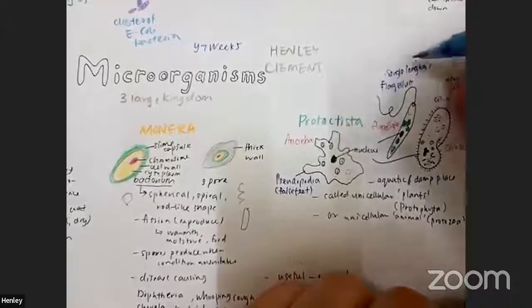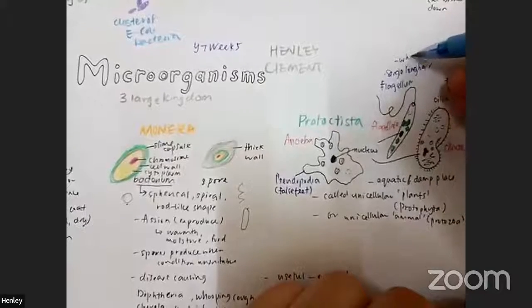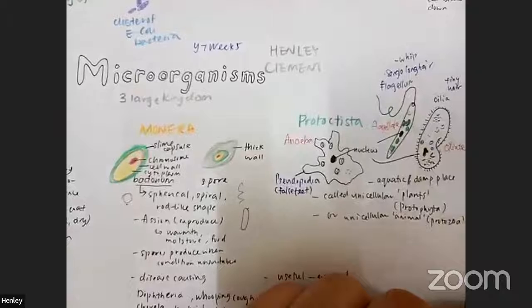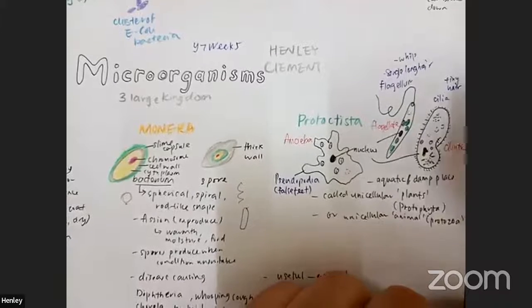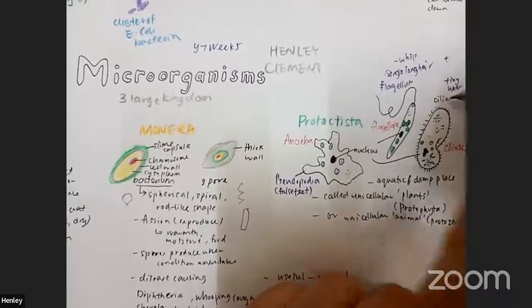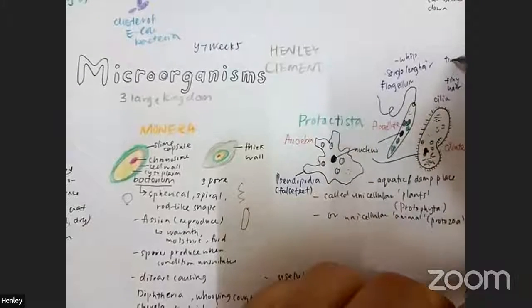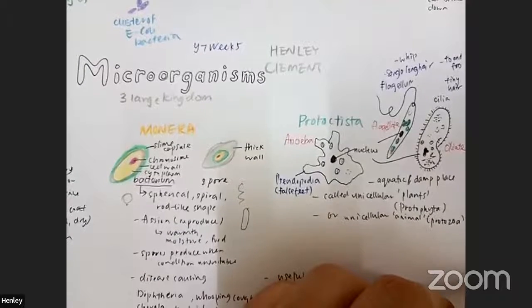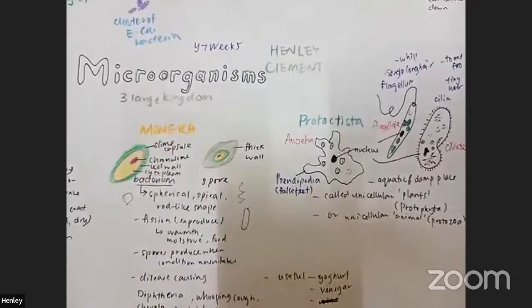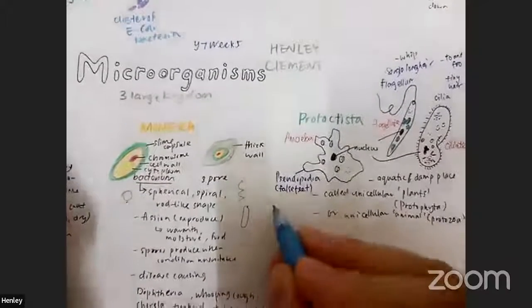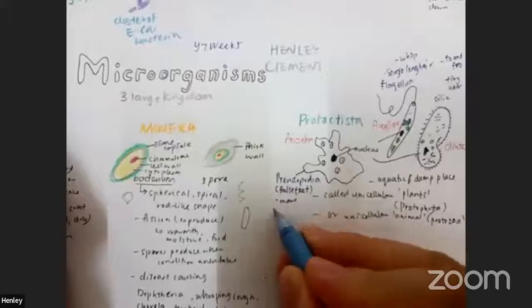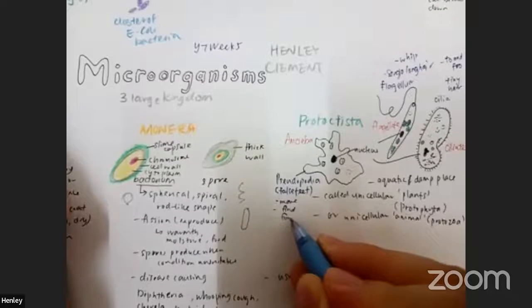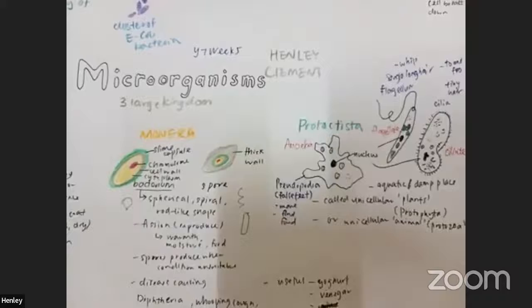So actually this long hair's movement is called whipping. With the cilia, the movement is like to and fro. This is called to and fro, the movement of this cilia. And then this amoeba is using the pseudopodia. So it can move and can find food. They can move and find food.